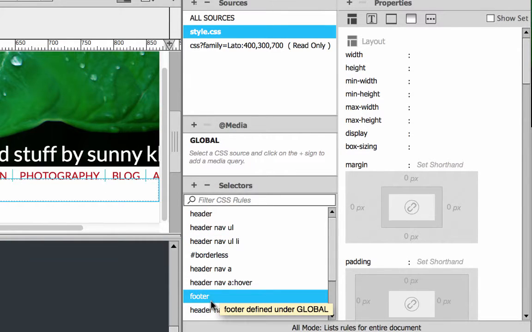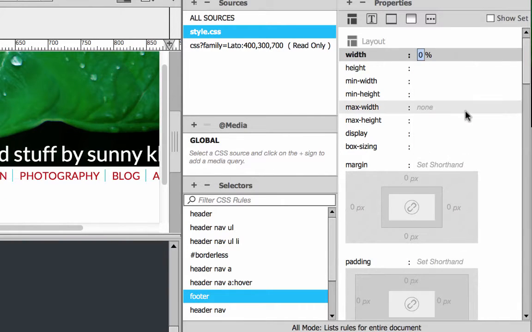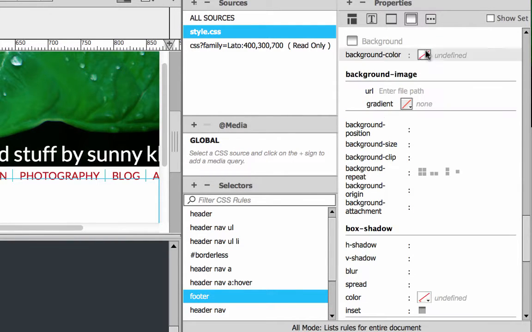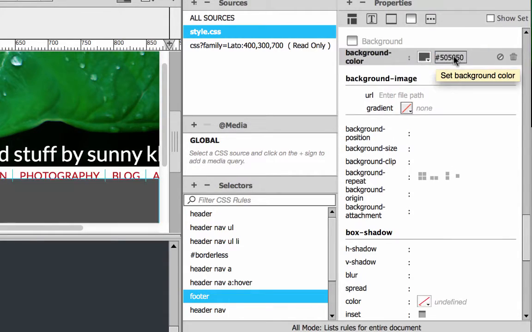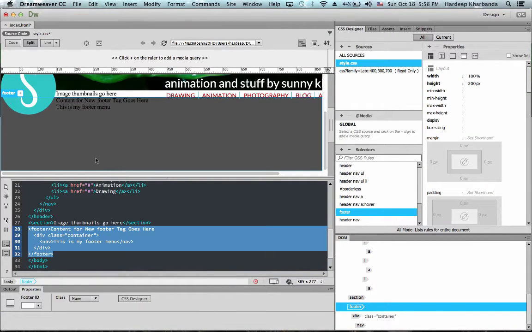Now my footer will have a width of 100%, a height of 200 pixels, and a background color that I had copied from Photoshop earlier. And there you go. So this is the beginning of my footer.